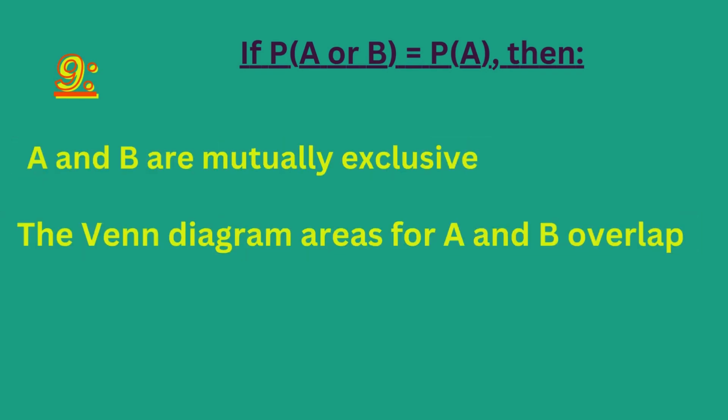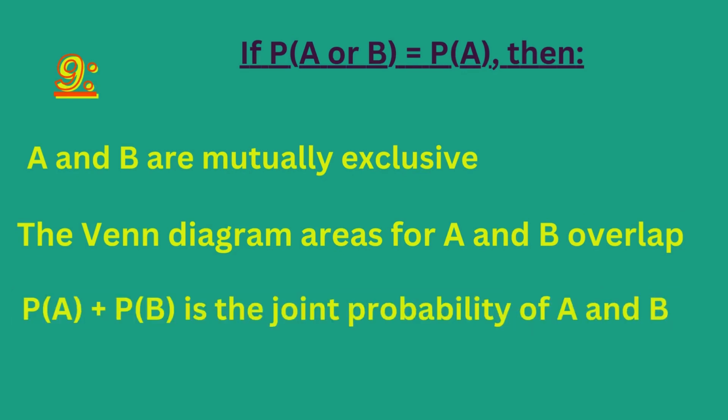If probability of A or B equals probability of A, then A and B are mutually exclusive. The Venn diagram areas for A and B overlap. Probability of A plus probability of B is the joint probability of A and B. None of these. The right answer is